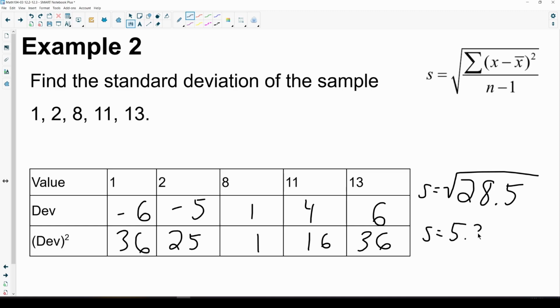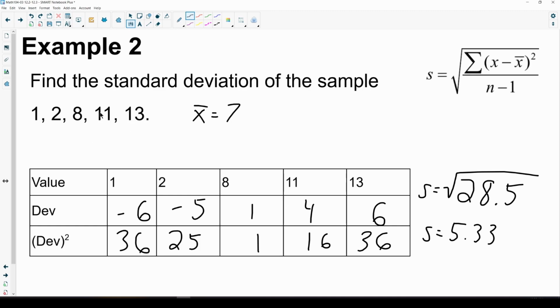Now, what is that really trying to tell me? Well, it means that on the average, roughly most of these digits are going to be around 5.3 away from the mean. And that actually kind of checks out relatively well, right? We remember that our mean here was 7, our x bar. Well, 7 plus 5.3 is almost 13,